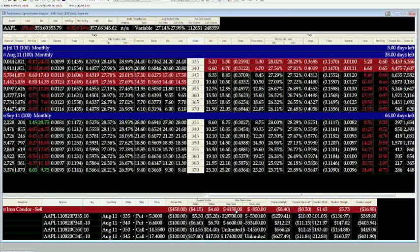So what's the maximum value that either of those verticals could have? Well, obviously if the stock goes to 350 or above, what's going to happen with the call vertical? It's going to be worth $5. It can't be worth any more than $5. You basically sold it for $2.85. So you're protected on your call vertical to $345 plus the $2.85, or $347.85. If it goes to $350, you are going to lose the difference of the $2.85 from the $5,